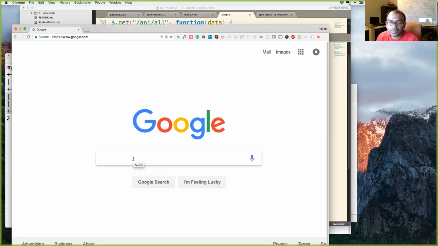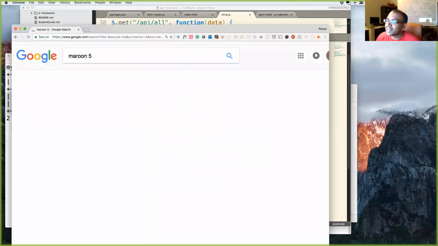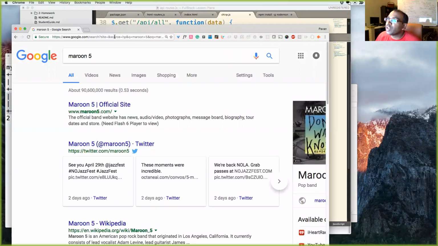Maroon 5. Maroon 5, okay. We see over here how Maroon 5 is in the URL. That's how we can tell that it was a GET request, because you could see the value of what you typed from the form inside the URL. That's a GET request right there.